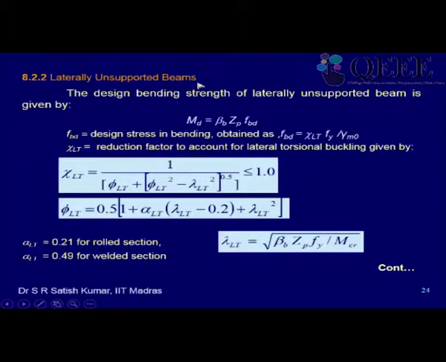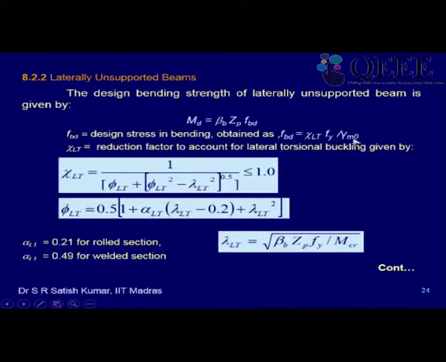But if the beam is laterally unsupported, that is covered in 8.2.2, instead of beta B Z P into Fy, now the code says you use FBD, the design bending strength. That is how we have to read this. So the design bending stress FBD is obtained as a reduction factor chi LT for lateral torsional buckling into Fy